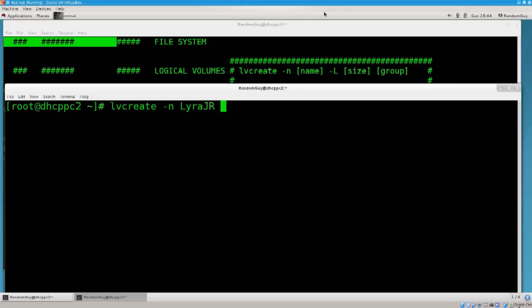Yeah. So that's going to be the name, and then for L, we need to define the size. How big do we want this logical volume to be? Well, I'm going to go ahead and say I don't want to select 5. Let's go ahead and select 11. So 11 gigabytes, because one partition is 10 and the other one is 5, and if we take 11, that's going to take a significant chunk of it,